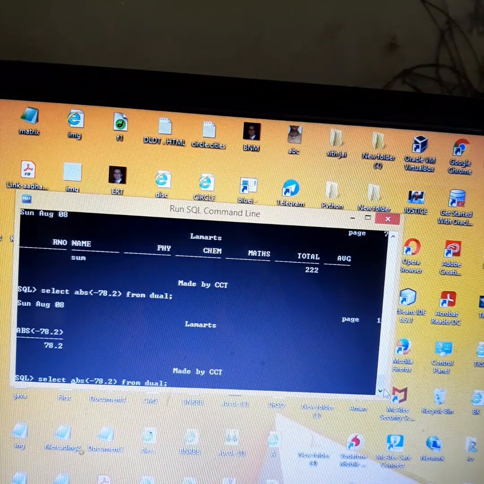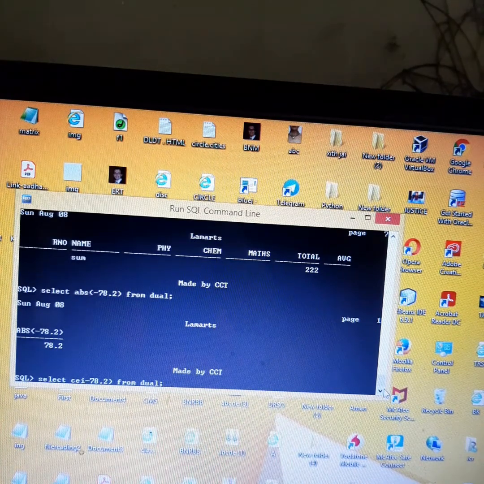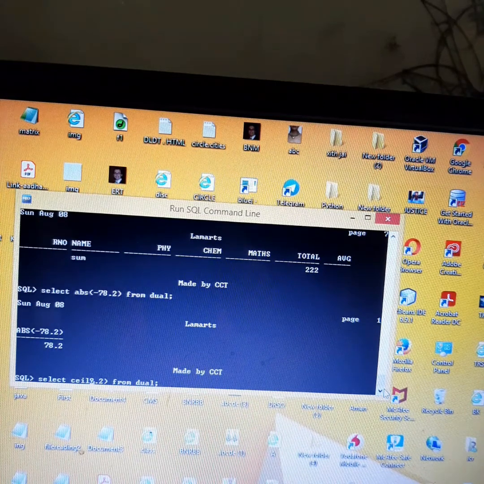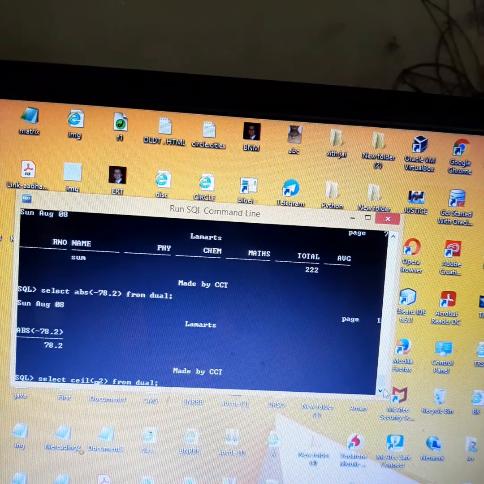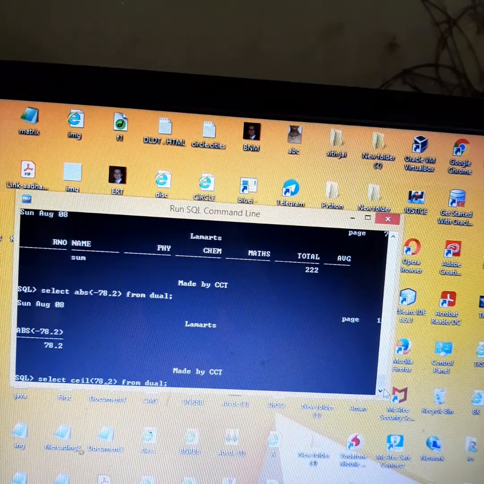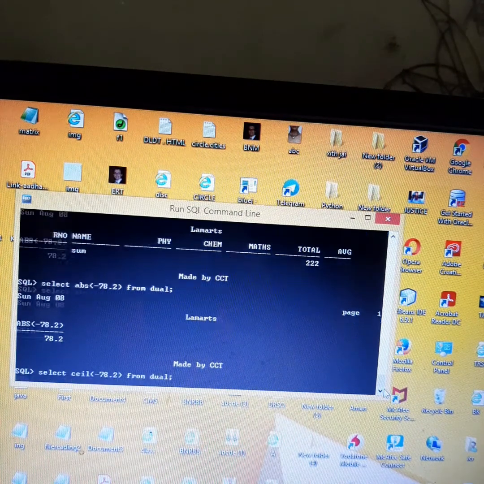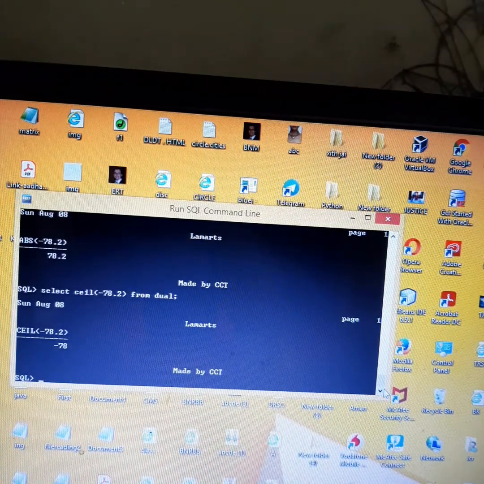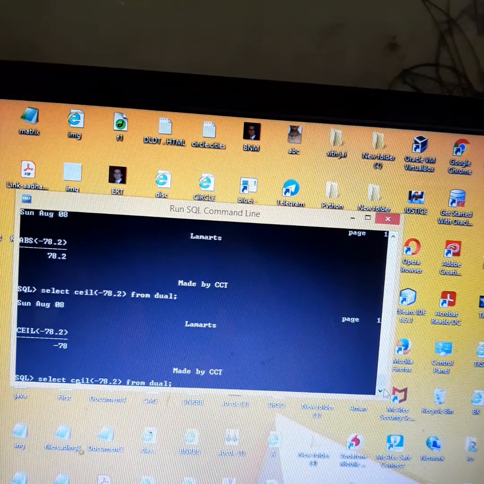Similarly, instead of ABS, if I write here ceil 78.2, I am getting minus 78 in ceil. And if I give here EXP, the exponent value,